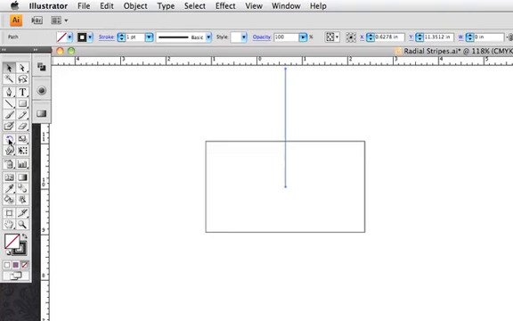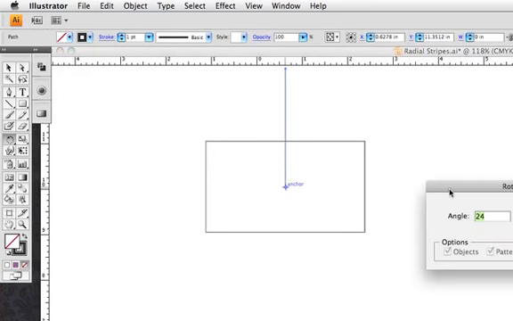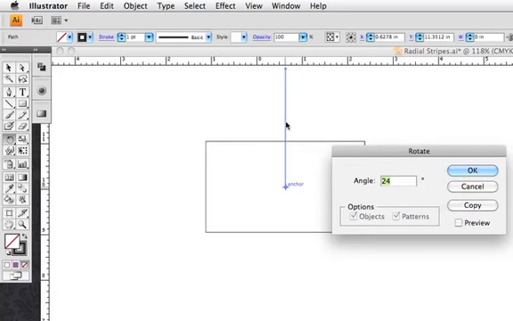I'm going to get my rotation tool. Now if you hold the option key down, it'll change the cursor to have this little minus symbol. With that, holding the option key, we're going to click on the anchor that's right in the very center. Now it's telling it to rotate from that point rather than it would typically rotate from the center of the object, which would be right about in there. We're going to rotate this 12 degrees. You can rotate it any amount you want. Just remember what amount you rotate, and then on the next step we're going to double that amount.